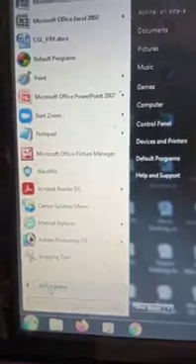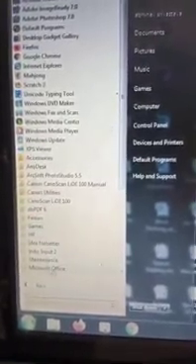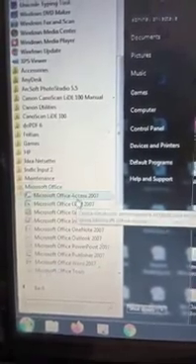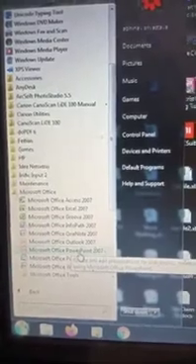You have to click all programs, and then in all programs you have to select Microsoft Office. Look here, this is Microsoft Office. Click here, and in this there is Microsoft Office PowerPoint. In my computer there is the 2007 version. Easily you open it and it will open. Okay, now the window of Microsoft Office PowerPoint will be open.